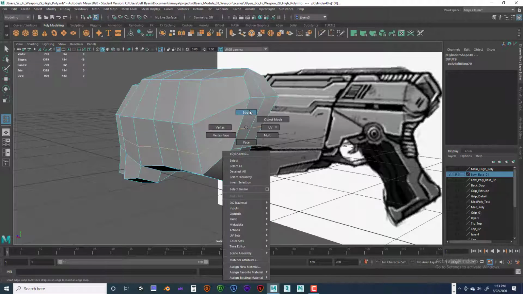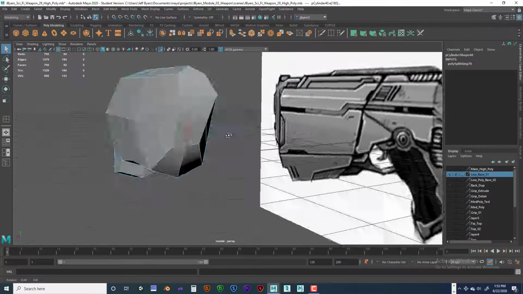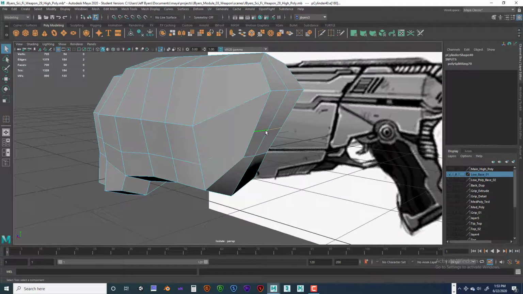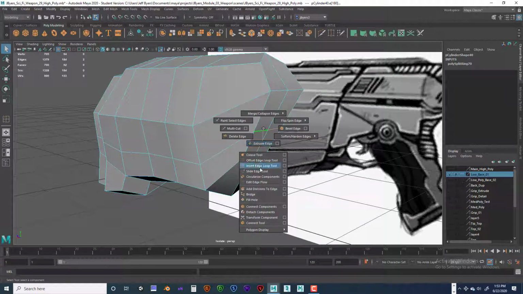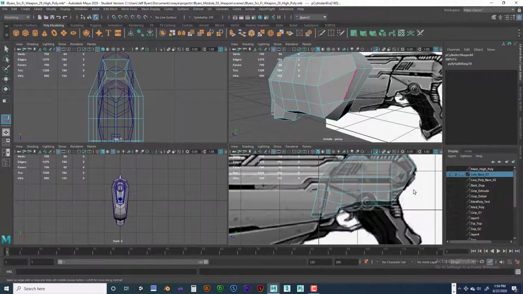And I'm going to slide that edge down. Okay. I need to hit the Q key. There we go. Slide this edge down. Okay, so when I do that, I'm going to go in here and go to Slide Edge tool. Middle mouse button, drag that down. Okay, like that. And are we getting close